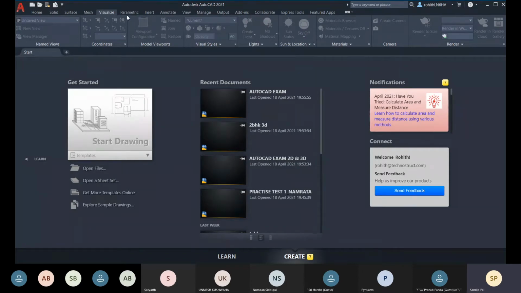Okay, and we have this ribbon tab, this home, solid, surface, mesh, these are called your ribbon tabs. So we have home tab, solid tab. Okay, so under this home tab you can see some panels are there. So named views, coordinates, model viewpoint, model viewports, visual styles, these are called panels.